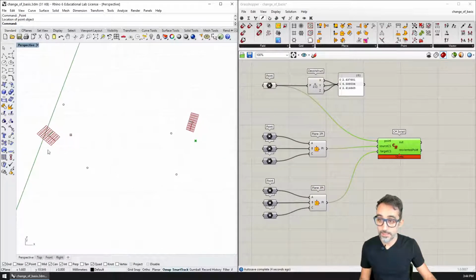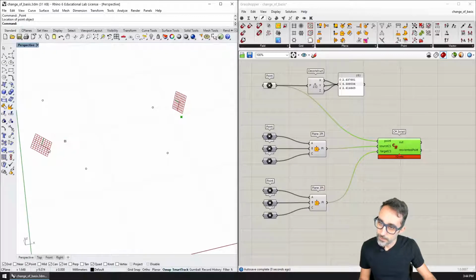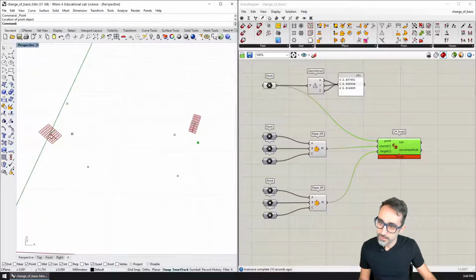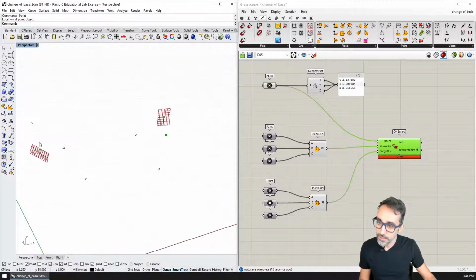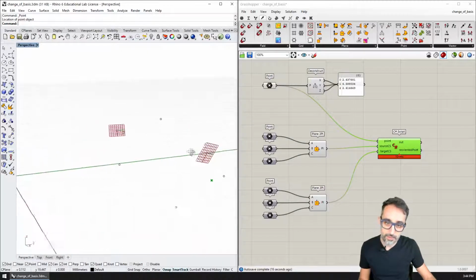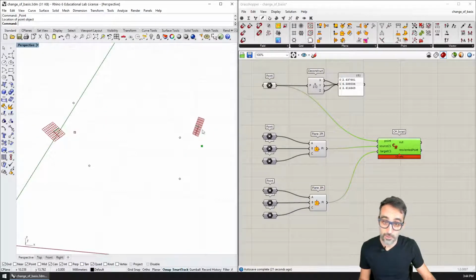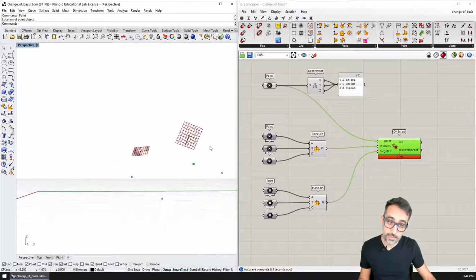Oh, is this working? Let me see. So it looks like this point is a little over x and y, and here it is in the other direction, because here you see that the two directions are flipped. Okay, so this is x and y.